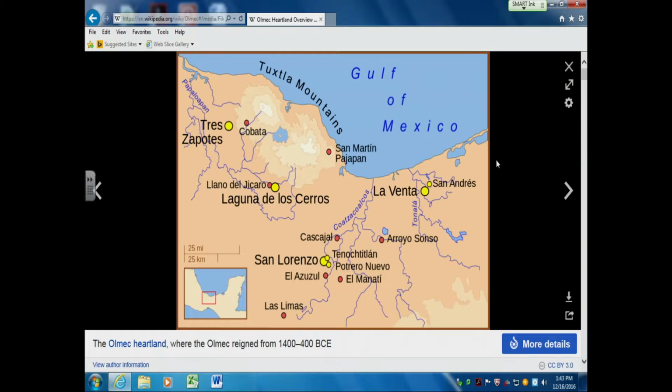Okay, this is where the Olmecs are. They're along the Gulf Coast right here, southeast Mexico, and in between is the Yucatan Peninsula, which is the home of another Mesoamerican culture. But these are the various cities that were developed by the Olmecs. And the term Olmecs is a historical term for Old Mexican or oldest Mexican, because they're the oldest sophisticated culture that's been documented.